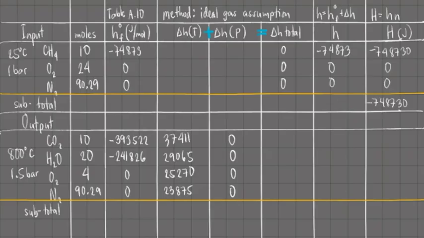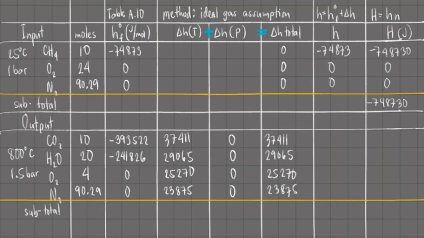We now have completed our delta H values with respect to temperature changes. We have earlier determined that our delta H with respect to pressure changes is 0 because we have ideal gases. As such, our delta H total is simply equal to the delta H with respect to the change in temperature. Now let us fill out the second to the last column, that is our actual specific enthalpy. You can see the formula above, that is simply the standard enthalpy of formation of the substance plus the delta